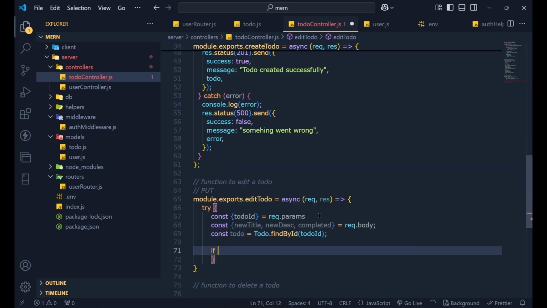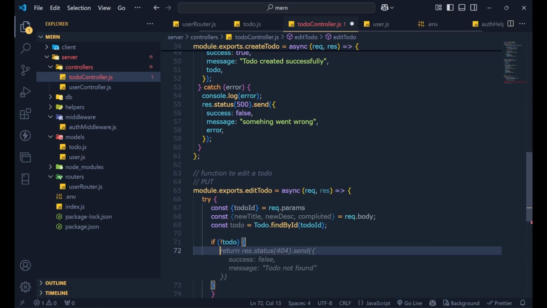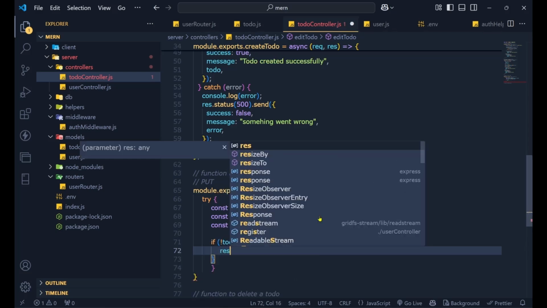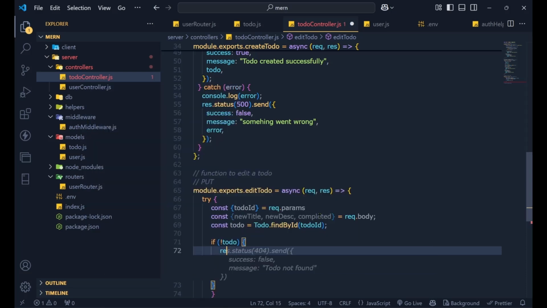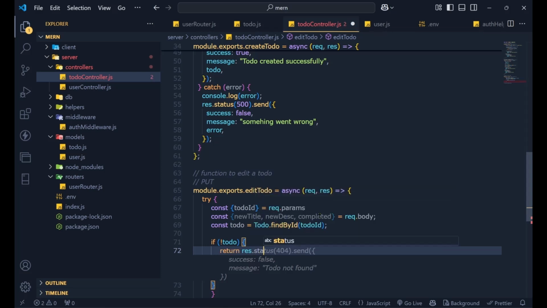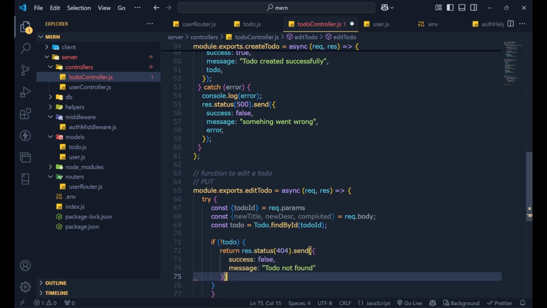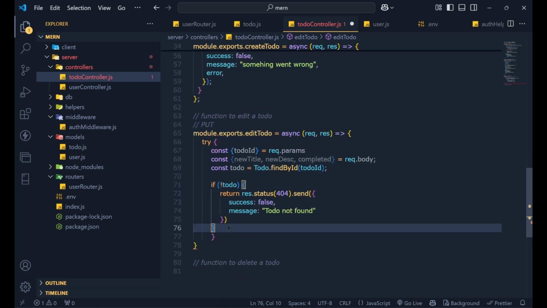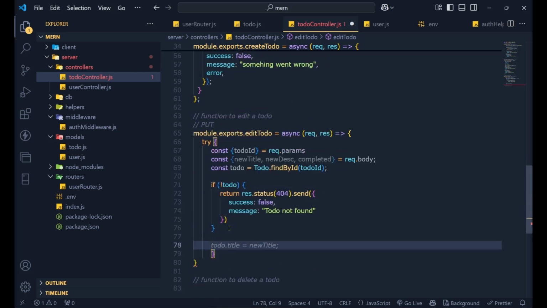Now if the to-do doesn't exist, what are we going to say? We'll simply say return response.status 404 send success false, to-do not found. Simple. But if we got the to-do, in case we got the to-do, what we are going to say,